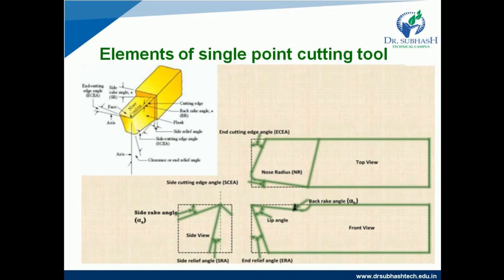A single point cutting tool can perform several operations like turning, facing, or producing flat surfaces on a lathe machine with different operations. We can also use it in the shaper and planer machine. So today we are going to study the definitions, types, geometry, and angle nomenclature of the single point cutting tool. So let us start with the single point cutting tool definition.